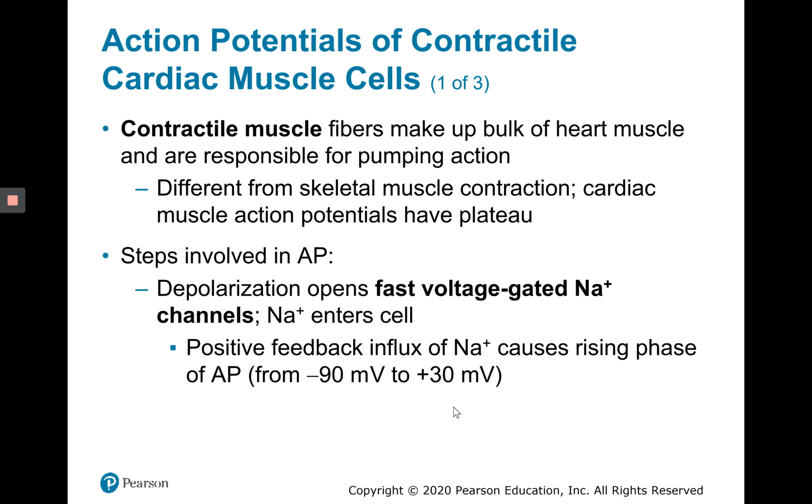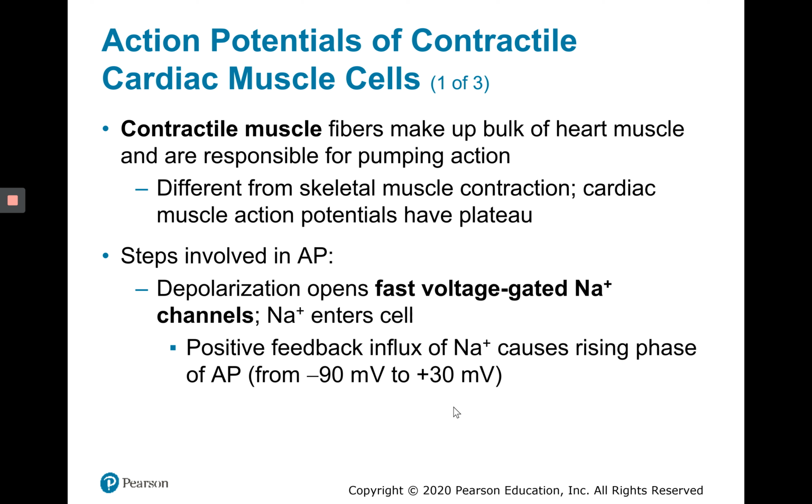Contractile muscle fibers actually make up the bulk of the heart muscle. They're responsible for the pumping action, especially of the ventricles, and they do differ from skeletal muscle contractions. The cardiac muscle action potentials have a plateau. We didn't see a plateau in skeletal muscle. If you want to go back and look at the action potential for skeletal muscle cells, go back to chapter 9. Instead, the steps involved in cardiac myocyte contractile action potentials begins with depolarization, where fast voltage-gated sodium channels open